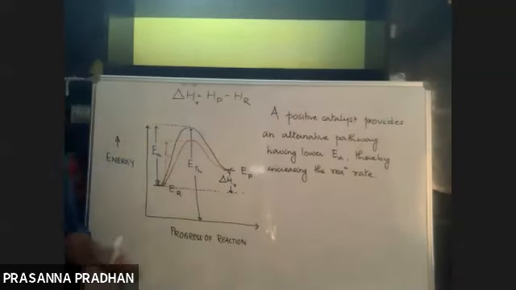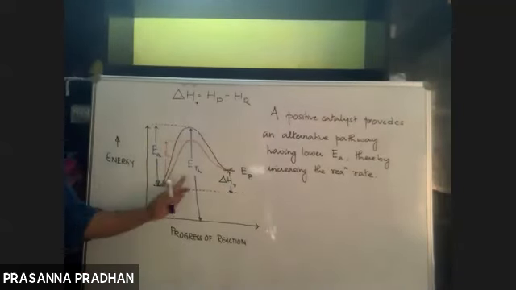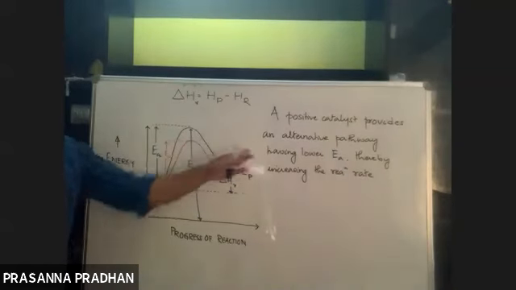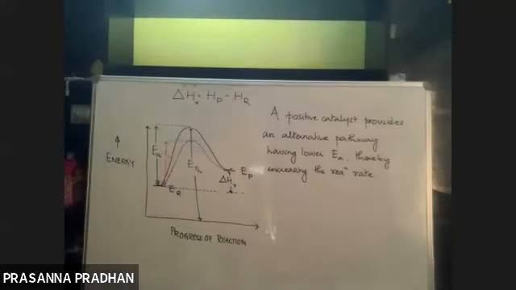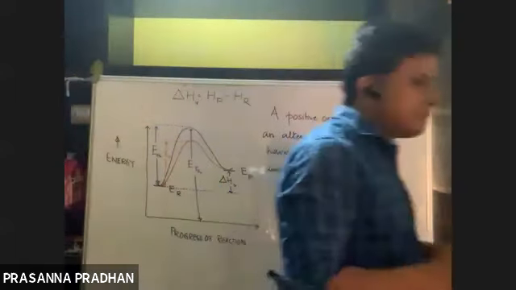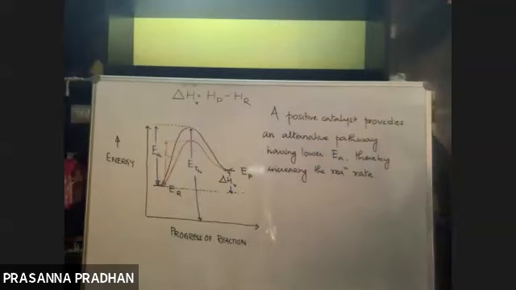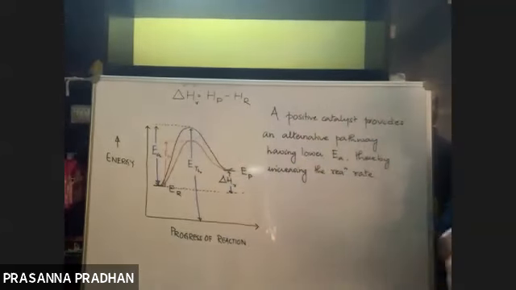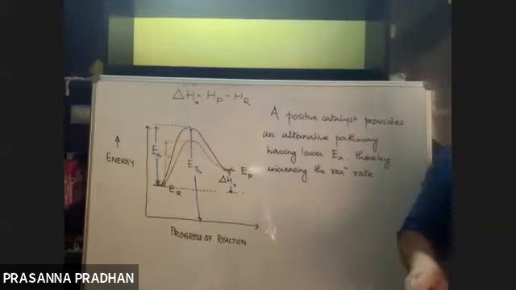Depending upon the question, yes, you can give the graph as well. The graph will not take much time, just an additional 1 minute. If you supplement the answer with a graph, that would be best. So, is it understood? How does a catalyst increase the rate of a reaction? A catalyst increases the rate of a reaction by providing an alternative pathway having lower activation energy.